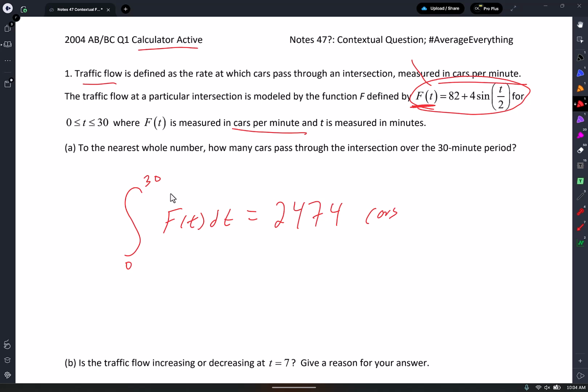Do you have to show them how to do the antiderivative? Heck, you don't even have to write the expression. Now, if they were to say y equals whatever, then they probably want you to write the expression, but that's probably the non-calculator where they want you to see the antiderivative and all that. All right, are you guys